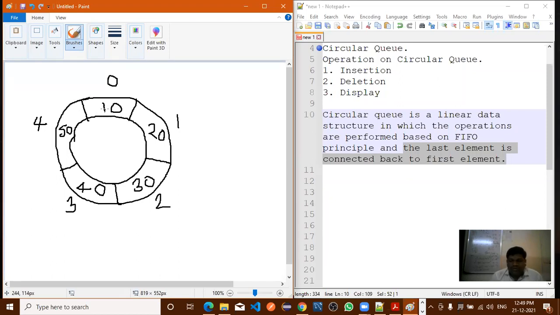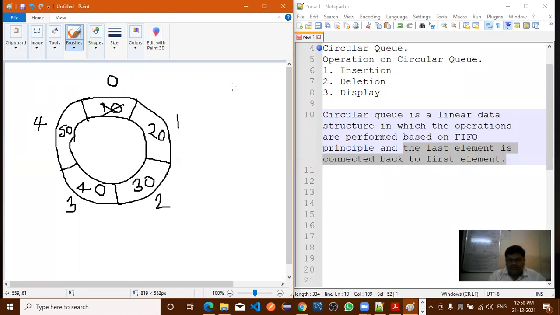Now to overcome the limitation of the linear queue, here we are using the concept of circular queue, right? Whatever queue we have considered in a linear queue, the same example I have considered in case of circular queue. Now it will be represented like this: 10, 20, 30, 40, and 50. Right. Now suppose you have deleted the first element.